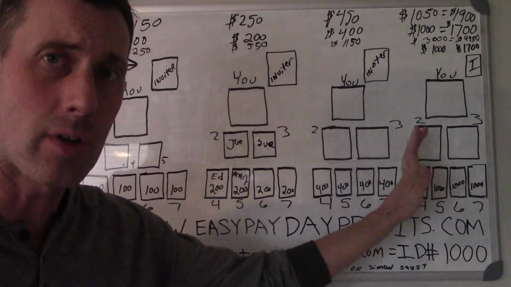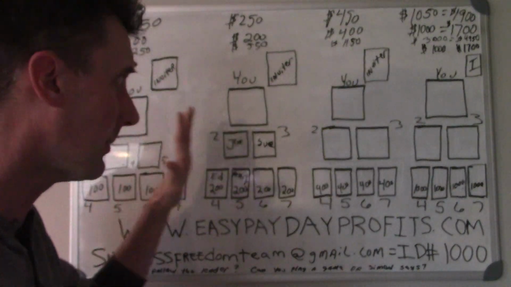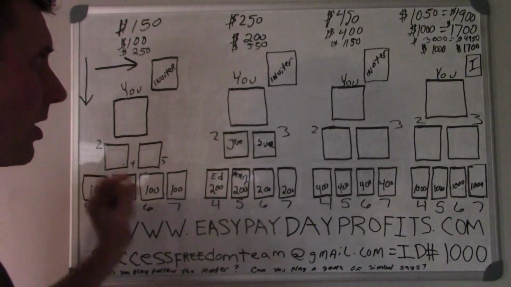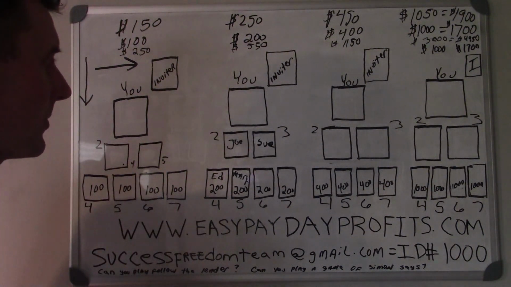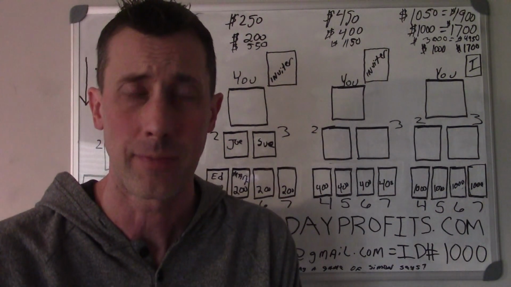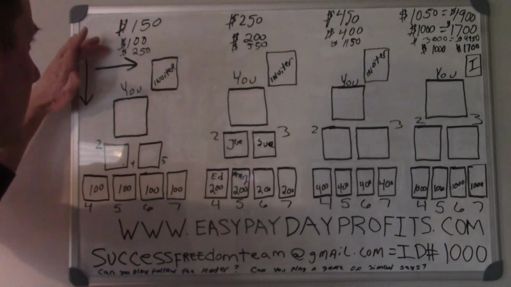And this happens on all 4 phases. Teach this to your people on all 4 phases. Okay? I hope that makes sense to you guys. There's 5 different ways to earn what I call finder's fees with what I'm sharing with you guys. Okay? So now let me give you